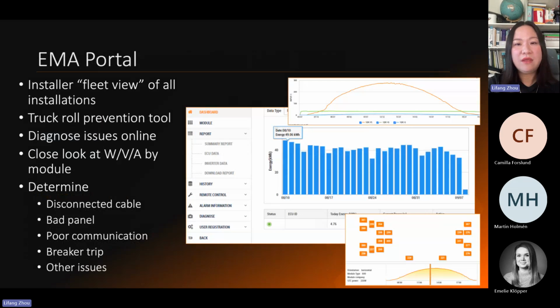Okay, we have the EMA system, which has a portal for the customers to see the data and the parameters and to download the report. Also, customers who are installers or distributors can do remote control and diagnosis of problems over the internet. That also means customers who select APsystems microinverters can save time on maintenance,